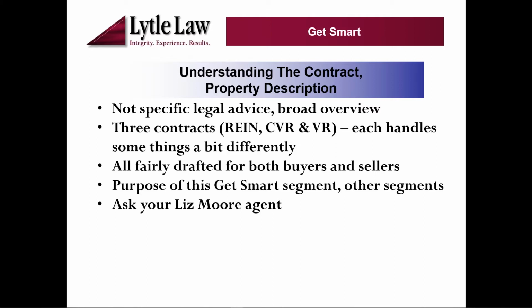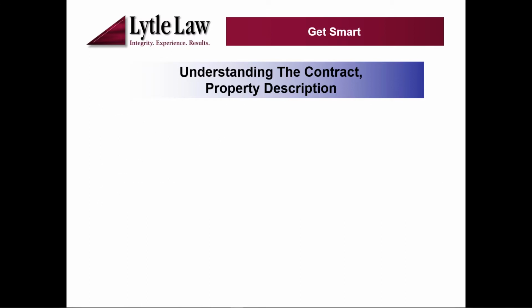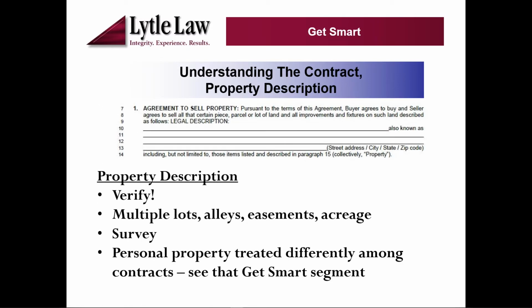So the purpose of this Get Smart segment is to drill down and focus a bit on the legal description, the property description. Other segments will address different and related issues. So if you have any questions, make sure you ask your Liz Moore agent. Having said that, you see on the screen a sample legal description paragraph. And so typically what's going to be inserted here is the agent's going to look this up on the